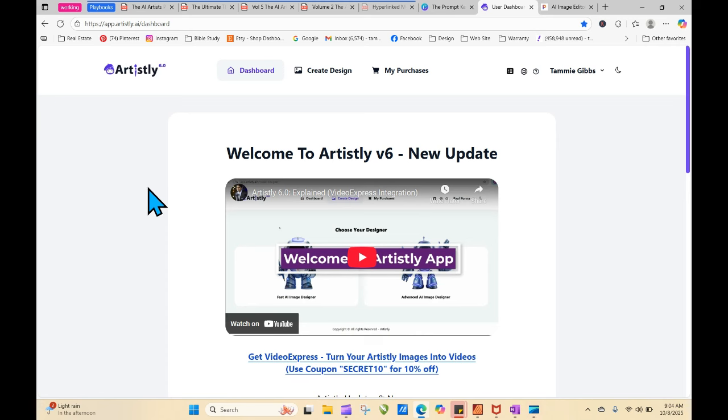I'm Tammie, and today we're going to be working inside Artistly 6, and we're going to be using the Playbooks just to show you how you can elevate your clip art, your images. I call everything clip art pretty much. So, your images. Elevate your images using color and texture and some other variables that are going to